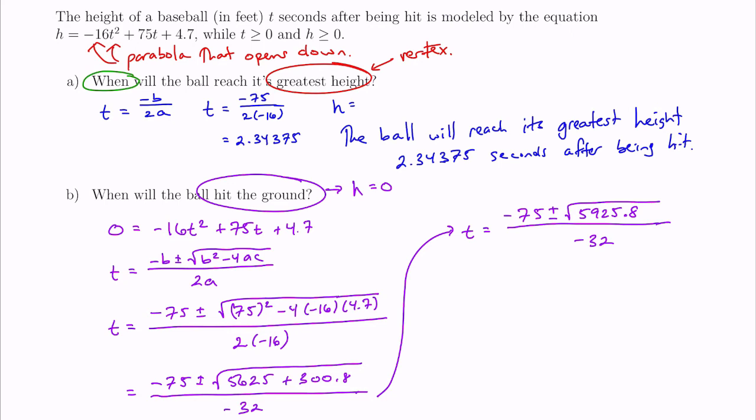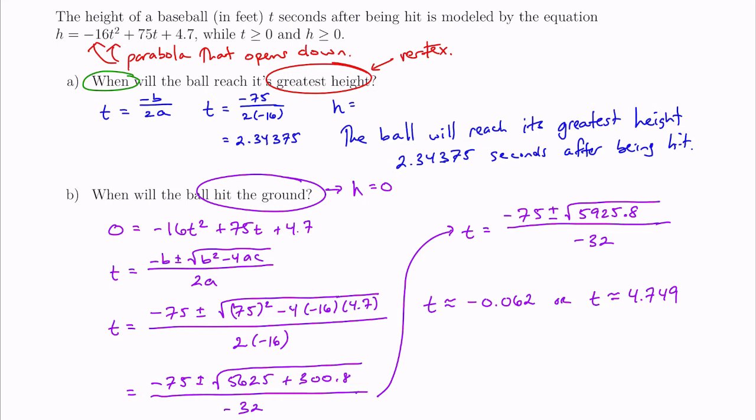At this point, this is simply something you want to put into your calculator. The first possibility is negative 75 plus the square root of 5925.8, all divided by negative 32, and that comes out to be about negative 0.062. The other option would be negative 75 minus the square root of 5925.8, all divided by negative 32, and that gives us t is about